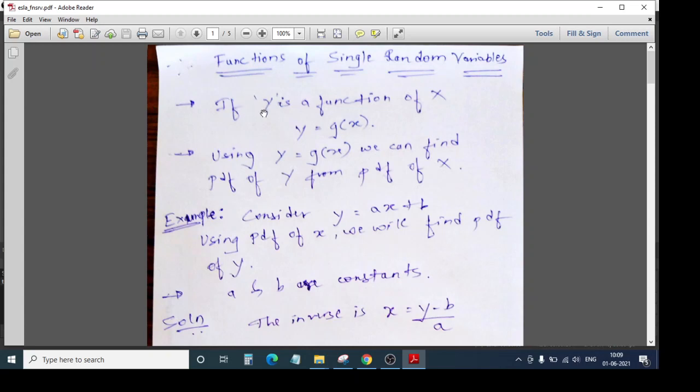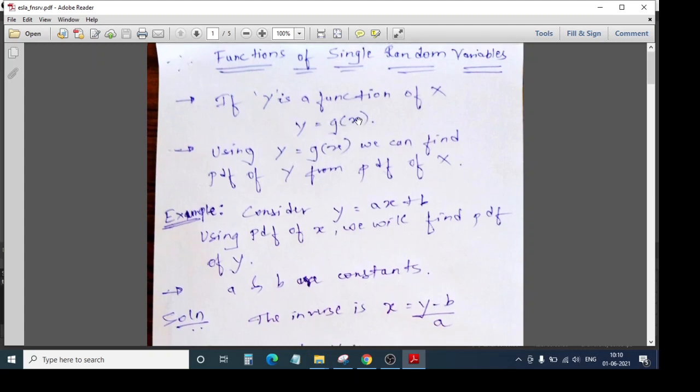So let us consider that y is a function of x, okay, and we have already seen that if y is a function of x, then we call it y is equal to g of x. When y is equal to g of x, we have tried to find out your mean, variance, as well as other things, like we would be trying to relate one random variable with the other random variable, or you can say that we are trying to map one function to the other function. Here our function is g of x, and we'll be trying to map this g of x to a variable y, a random variable y.